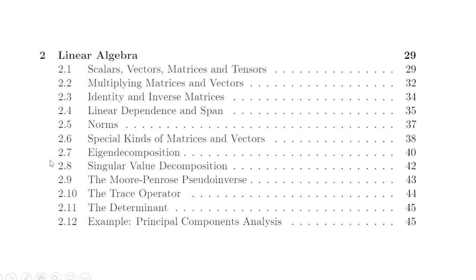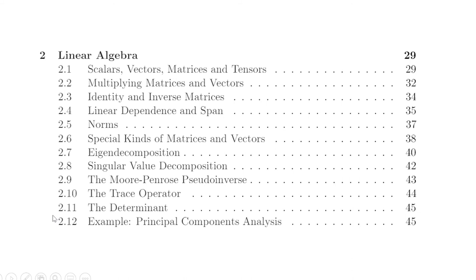2.7 to 2.9 I consider the monstrous part of this chapter. Those are all big subchapters. For eigendecomposition, I have 5 different lectures because I cover a lot of different things in there. This is the big part of the course because these are 3 of the most important ideas, and also 3 of the most complex ideas here, but they'll be simple as long as you understand the stuff before it. 2.10 is easy. It's a nice break. It's just a really simple lecture.